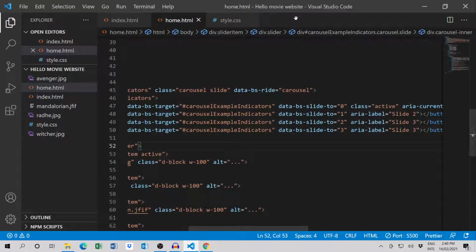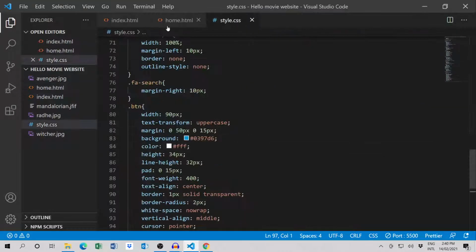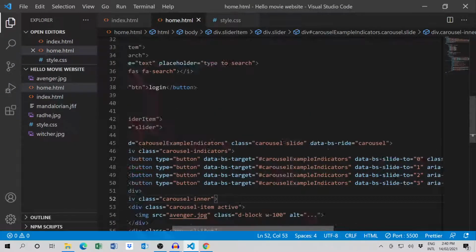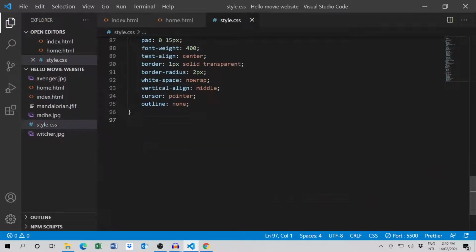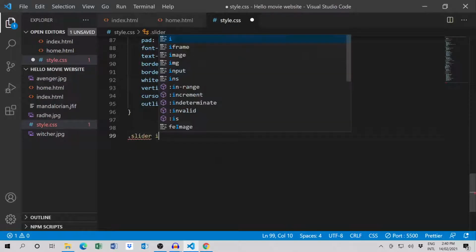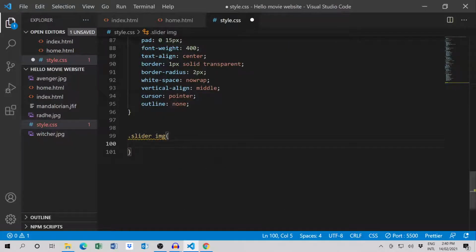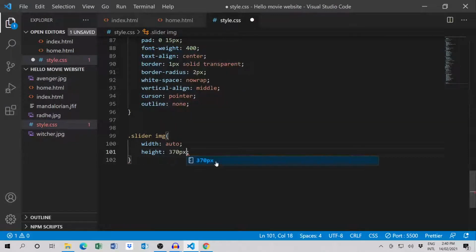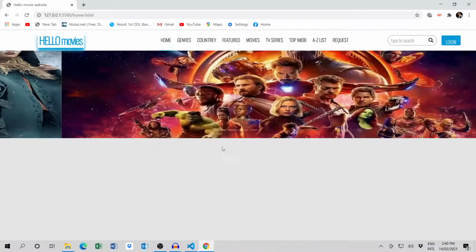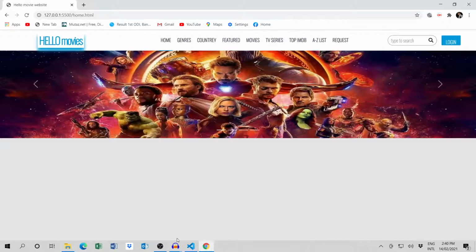Let's make this movie image a little smaller. For that, this one, copy this. Slider image. I want width will be auto, and the height will be 370 pixel. Okay,